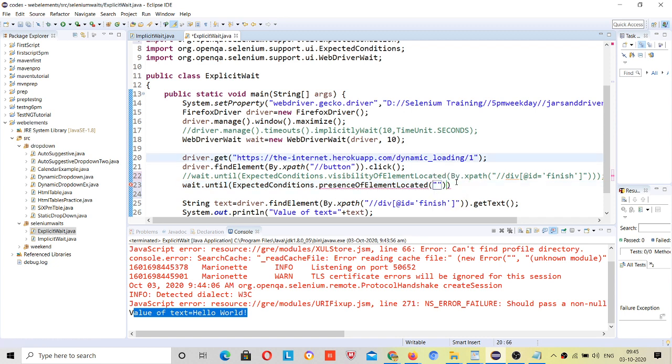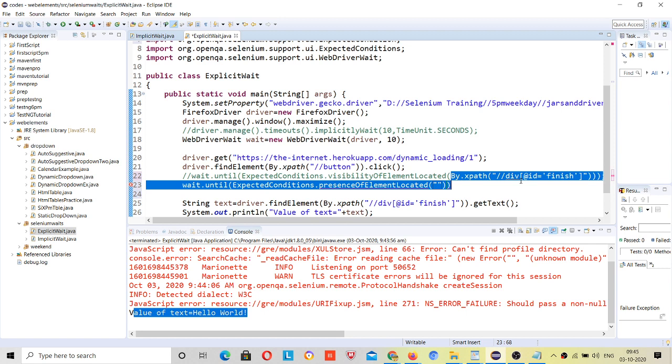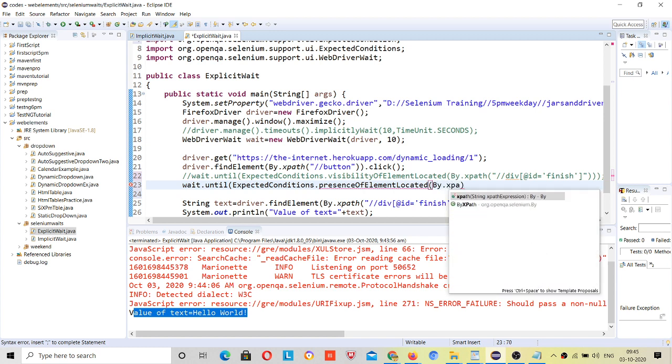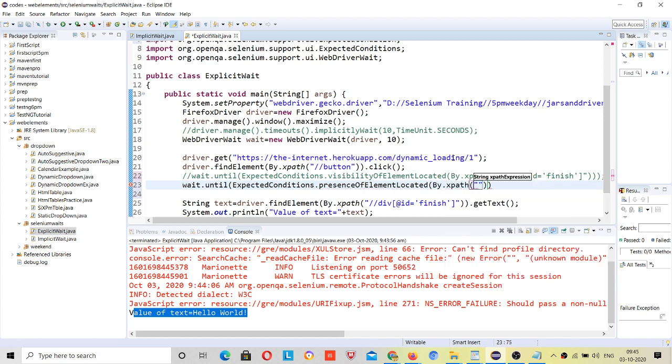Give this locator by dot. Okay, let me type it, by dot xpath, and then use this.